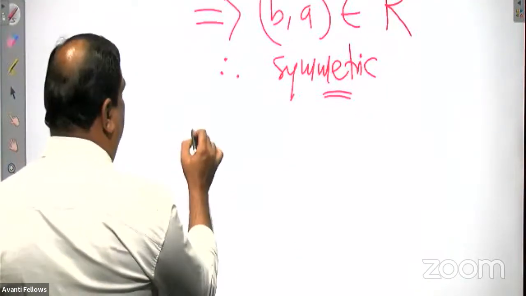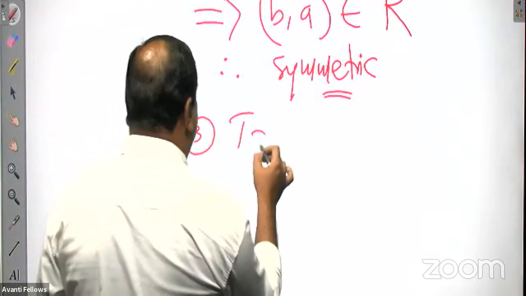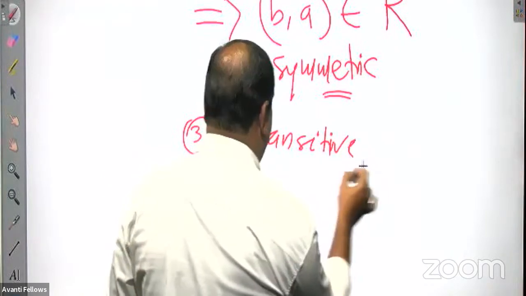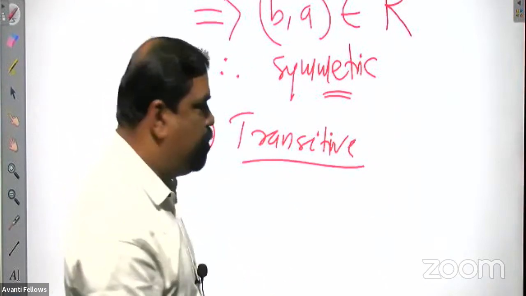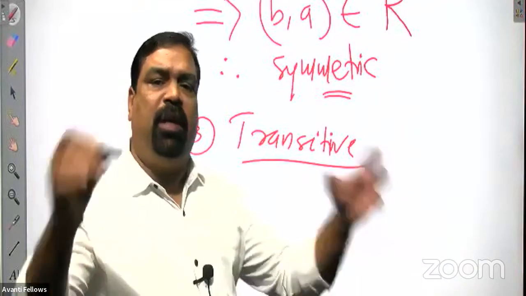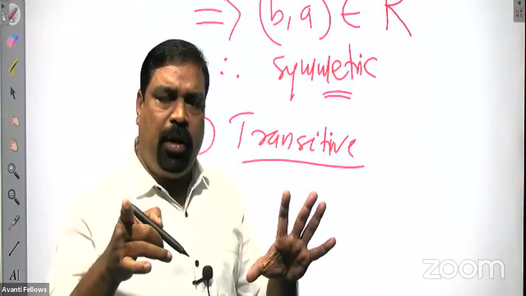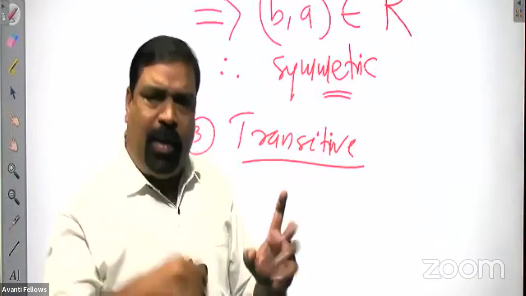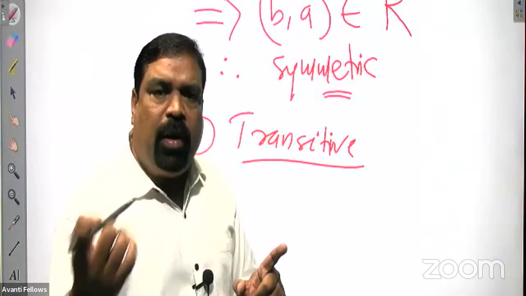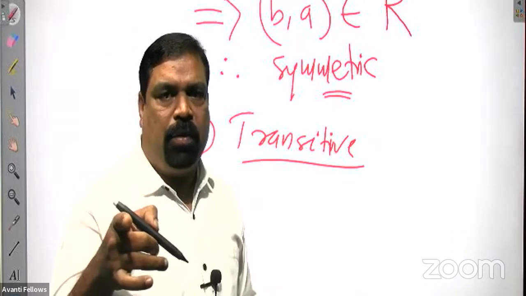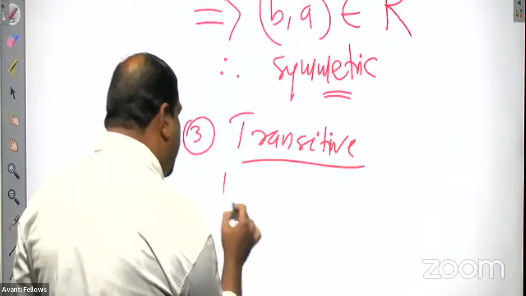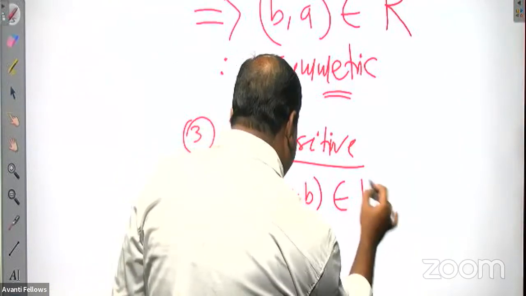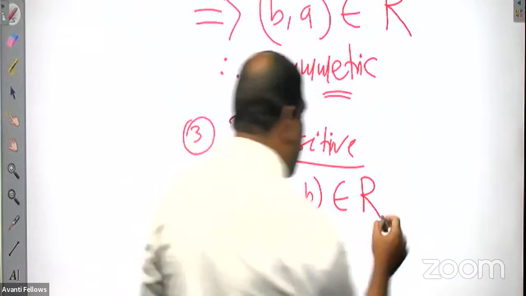Now, the third one, transitive. Transitivity. So again, remember the definition. What is a transitive relation? If AB is there and along with AB, BC is also there, then AC must be there. So we start like this. We assume that AB belongs to the relation and